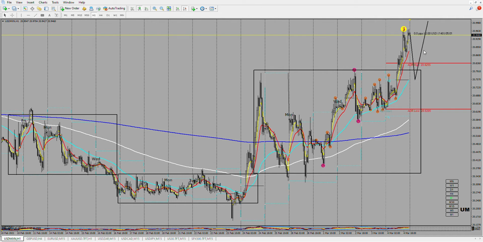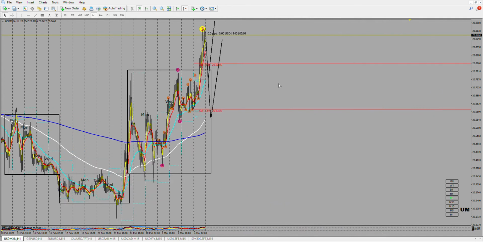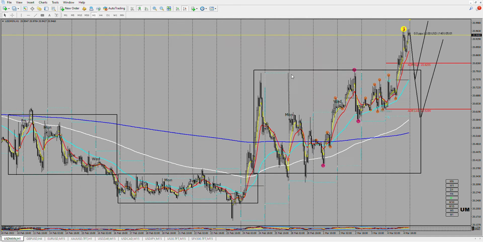So not only are we expecting price to come back to the 50 EMA, but also to the 200 EMA as well. We might see price coming down to collect orders or stop hunting to the 200 EMA. So whenever one of these predictions happens, we are going to look for an entry point from those two zones and take our buy